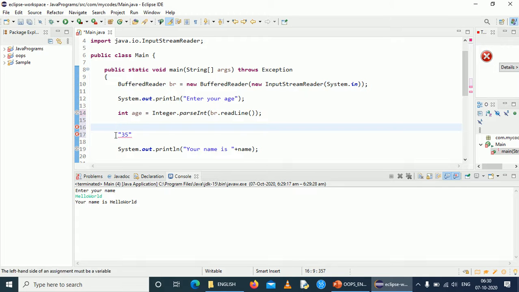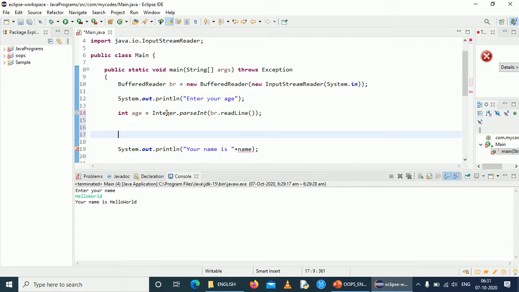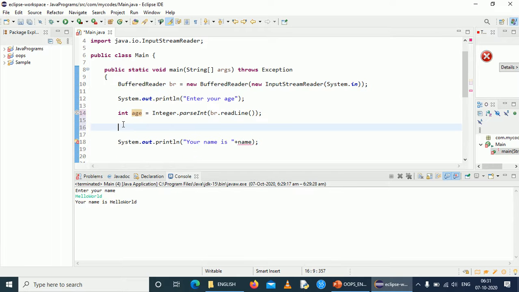So this is actually a string value as per programming, because the value is between double quotes, so this is a string value, but we have an integer value inside the string value. So this value can be converted into an integer by using Integer.parseInt, and then we have stored that value inside the age.